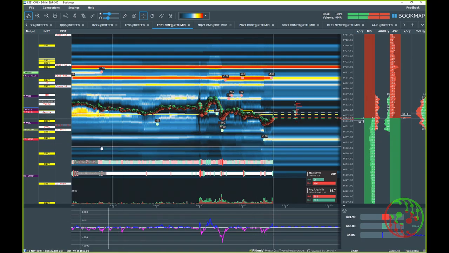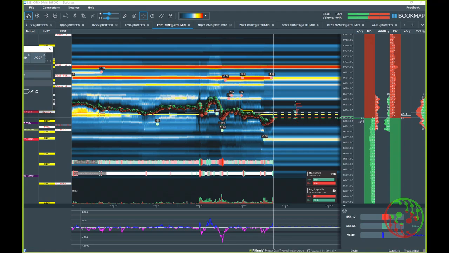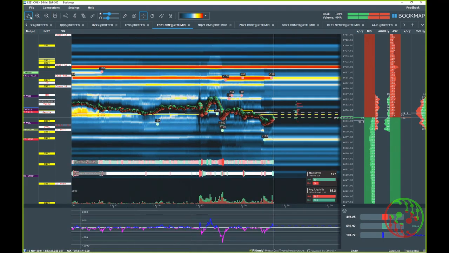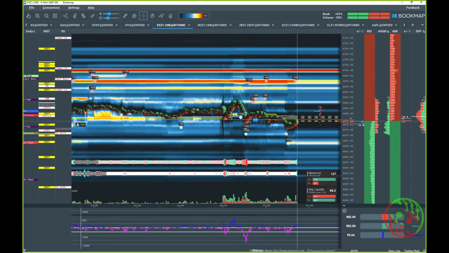When you speak of institutional levels, is that spot gamma levels? No, it's my own. I have added them. I'm posting them on Twitter, but I don't have the time to do that every day. I'm posting them in the Discord room very regularly. No, the spot, I have the spot gamma level as well.